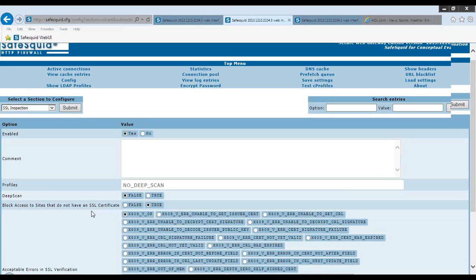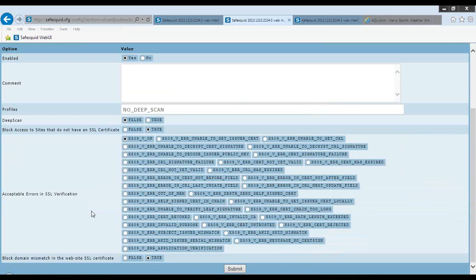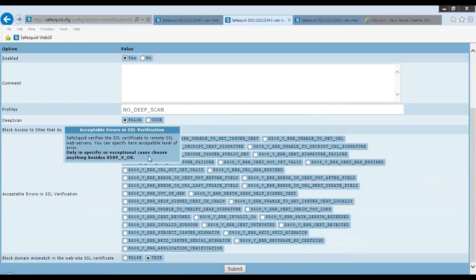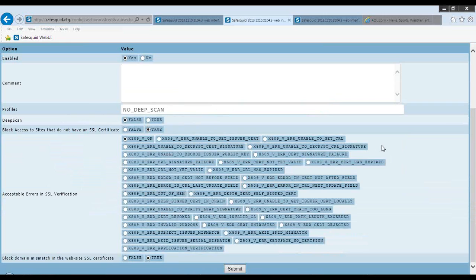For example, here now I have created a policy saying if a particular request or a content is profiled as no deep scan, then I have disabled deep scanning. So I can actually decide what I want to inspect inside HTTPS and what I don't want to inspect, what kinds of websites, what kinds of applications I do not want to look inside. I can control them, and I can even look at the validity of the SSL certificates.